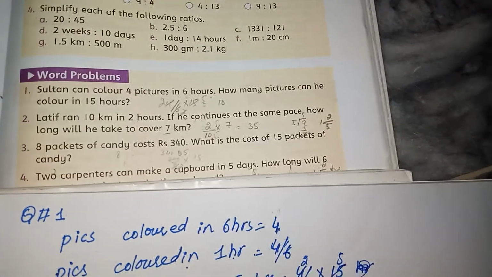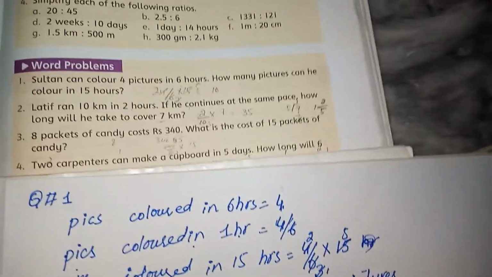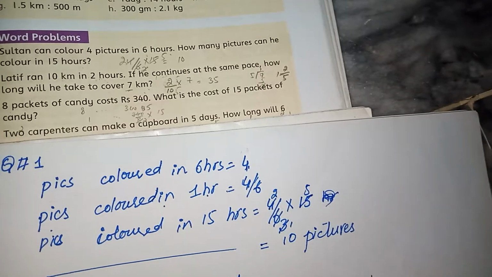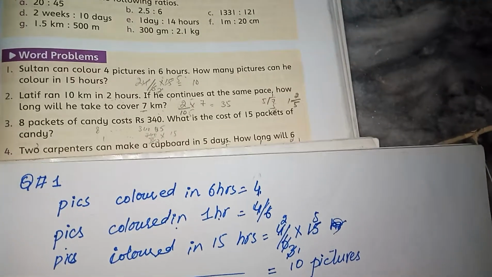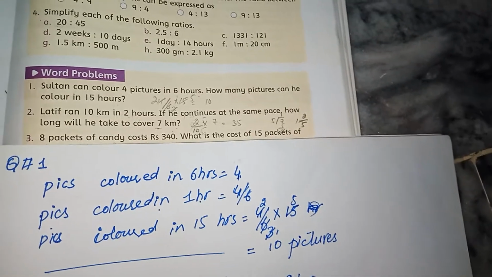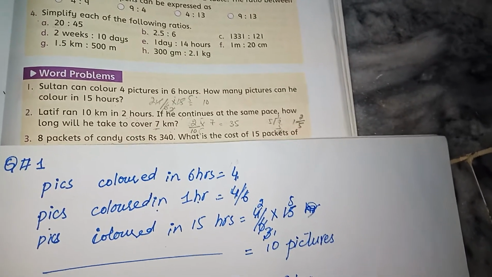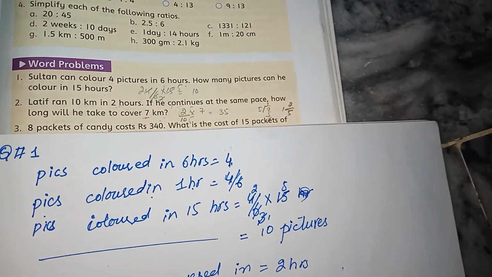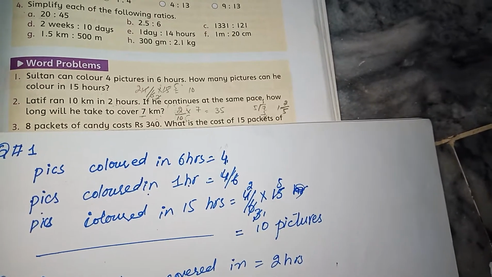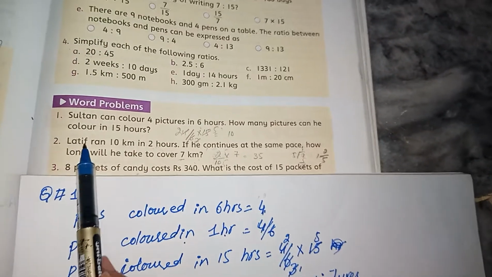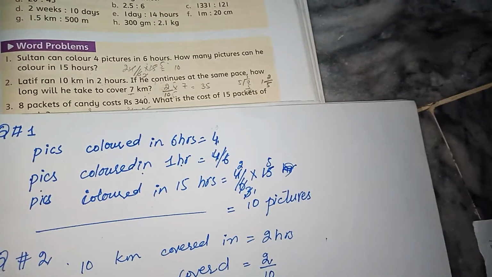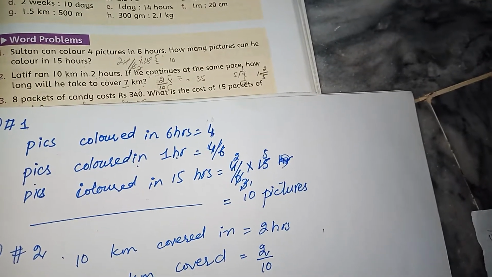10 kilometers were covered, you can write it as 10 kilometers covered in 2 hours, and 1 kilometer covered in 2 divided by 10. And if you want to know that 7 kilometers could be covered, 7 kilometers will be covered